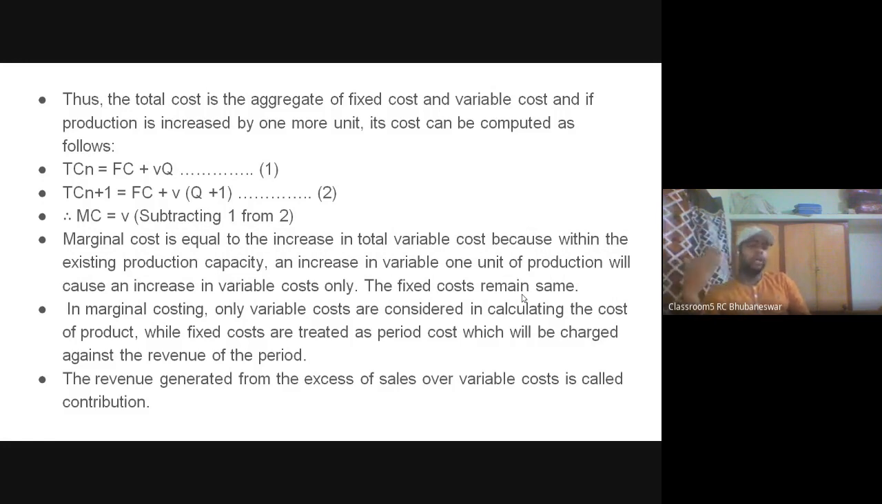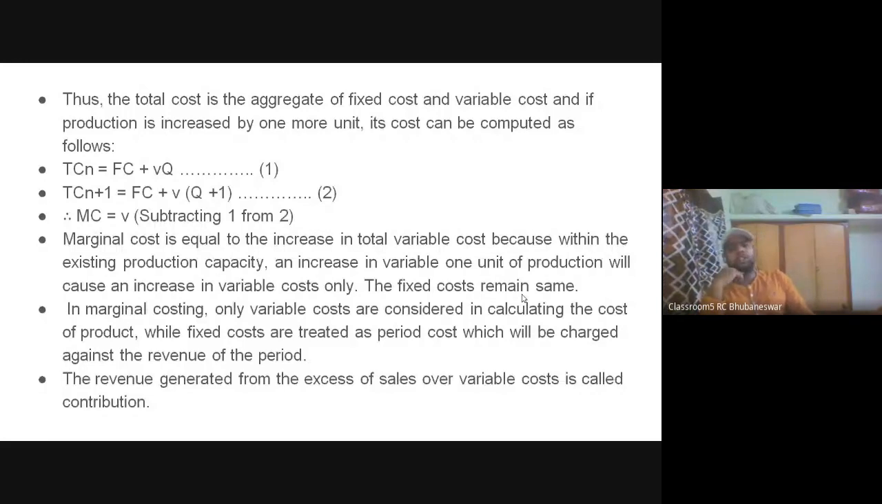So while calculating the cost of the product, only the variable cost of the product will be taken. But in absorption costing, both fixed cost and variable cost are taken. While calculating the value of closing stock in marginal costing, we are only taking the variable cost. But in absorption costing, both fixed cost and variable costs are taken to find out the closing stock value. Okay, next,